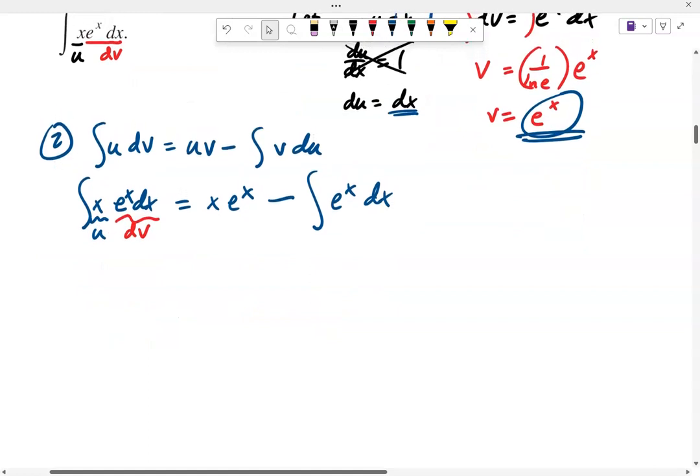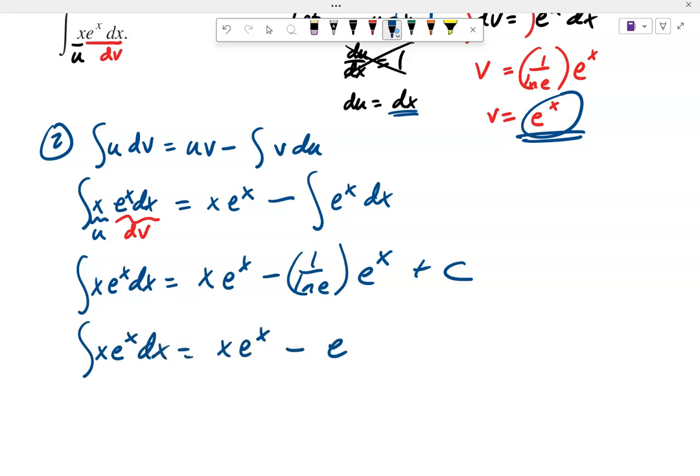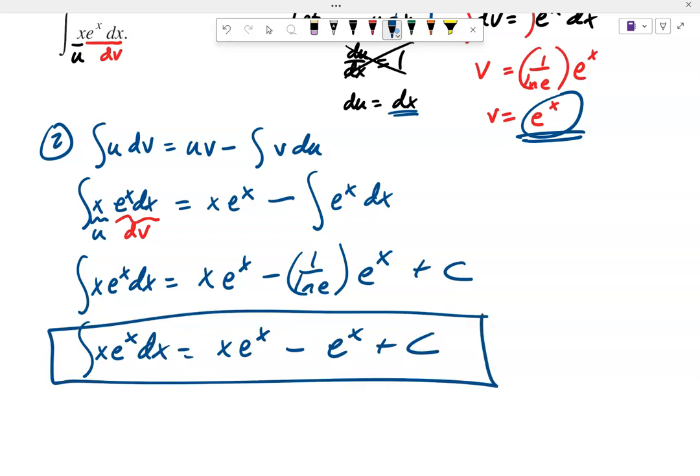Okay. So the integration of x e to the x dx is x e to the x minus, now I just got to integrate e to the x, which we know is 1 over ln e to the x plus a constant. So the integration of x e to the x is x e to the x minus e to the x plus c by integration by parts. Now we could check that, right? We could check it